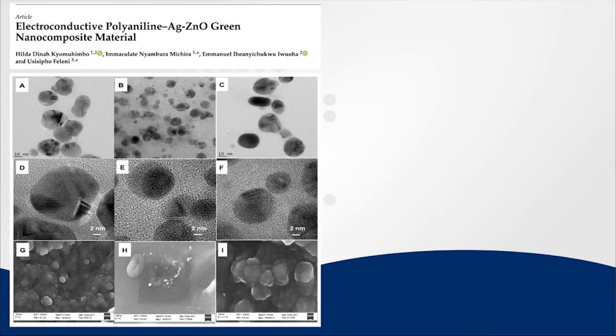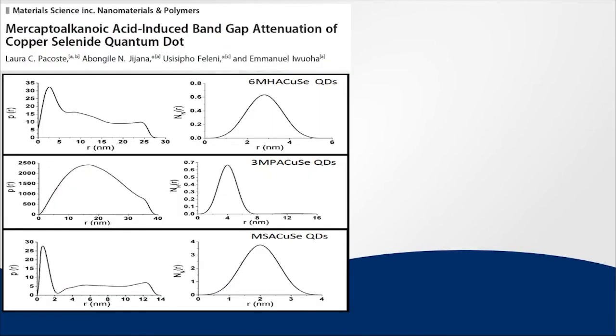And of course, we look at the lattice fringes, we look at the globular or spherical structures using various morphological properties. And of course, I mentioned earlier on, when I was starting, about different stabilizing agents,